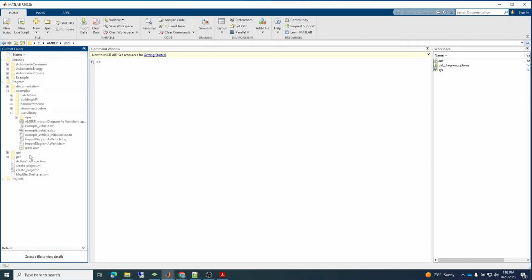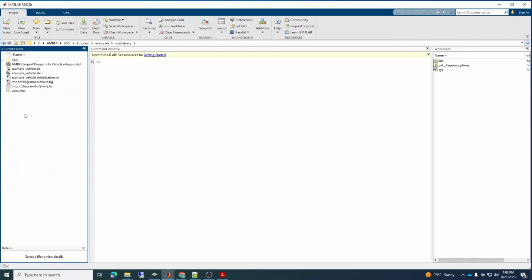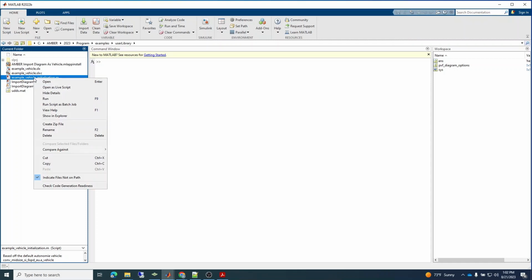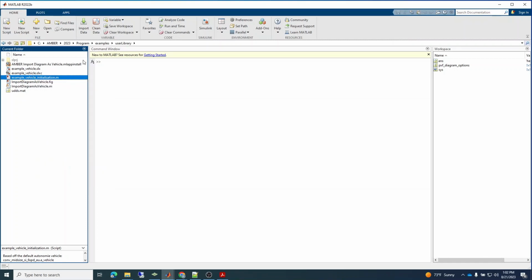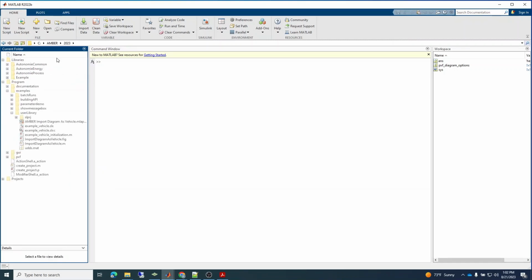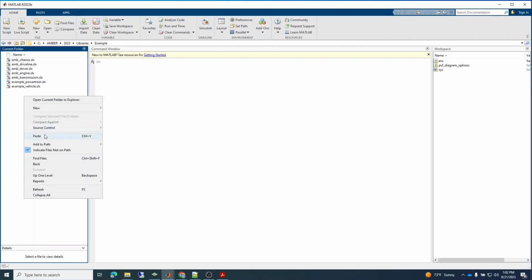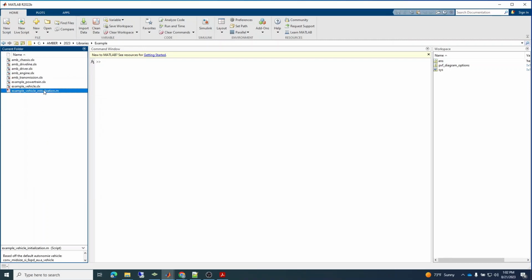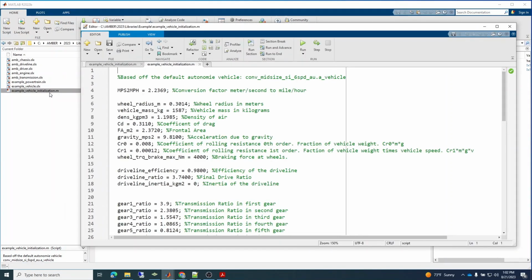in that same location in this example library, user library. We'll take this example vehicle initialization file and we'll do the same thing. We'll go to the example library and we'll paste it here. We'll take and open this initialization file, and then we'll break this file up into